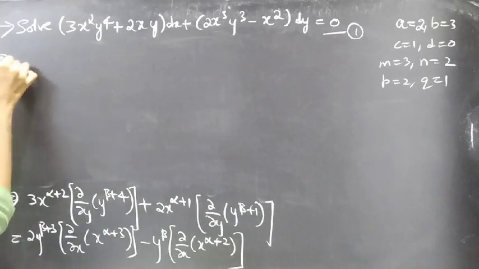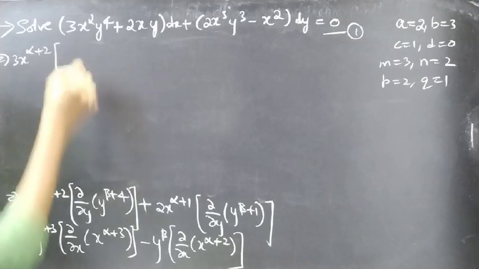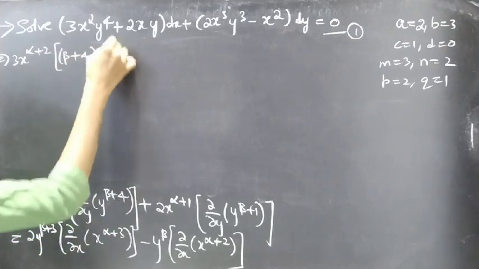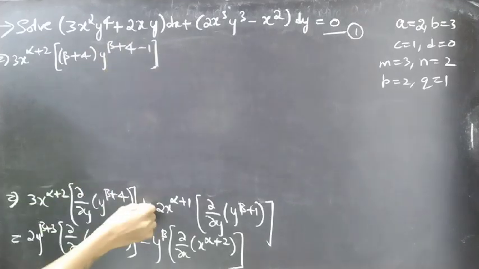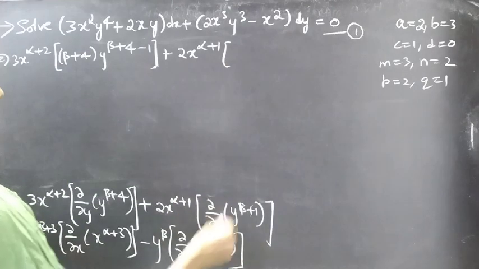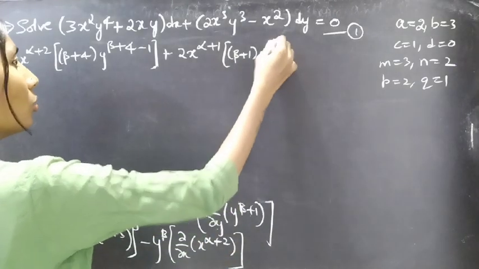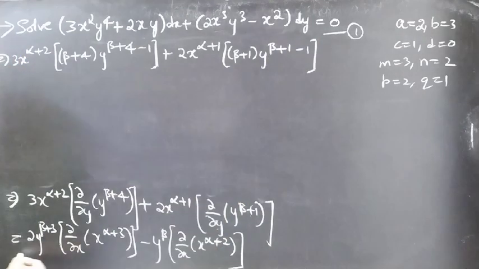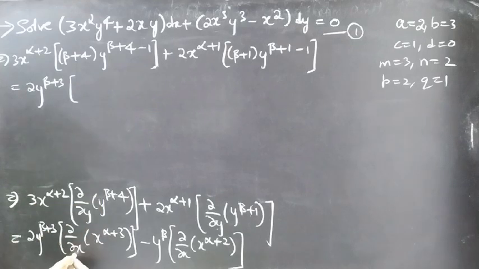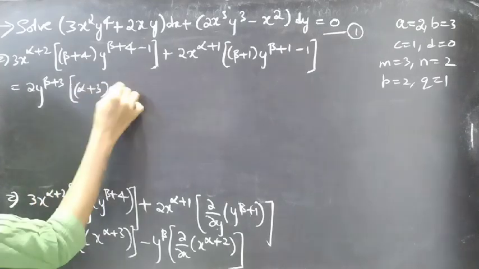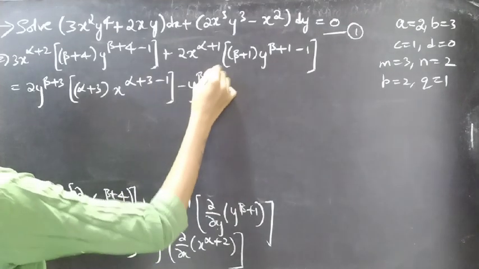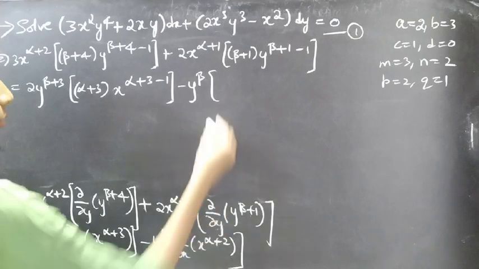Now we can write this as 3x^(α+2) times the partial derivative of y^(β+4) with respect to y, which is (β+4) y^(β+4-1), plus 2x^(α+1) times the partial derivative of y^(β+1) with respect to y, which is (β+1) y^(β+1-1), equal to 2y^(β+3) times the partial derivative of x^(α+3) with respect to x, which is (α+3) x^(α+3-1), minus y^β times the partial derivative of x^(α+2) with respect to x, which is (α+2)